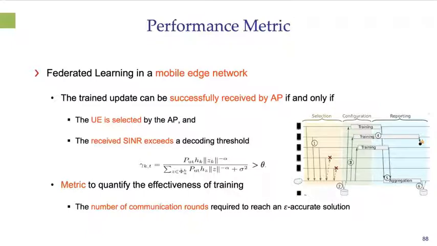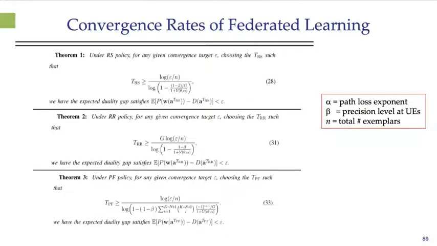And an epsilon accurate solution is one where the difference between the primal and the dual solutions is less than or equal to epsilon. So when epsilon is small, you're getting very close to optimum. Okay, so that's what we mean by an epsilon accurate solution, and epsilon is going to be another parameter in this model.